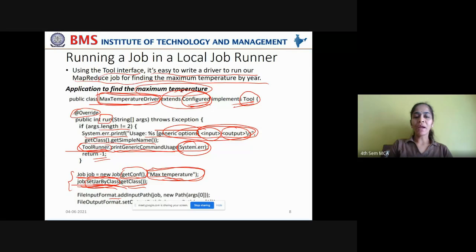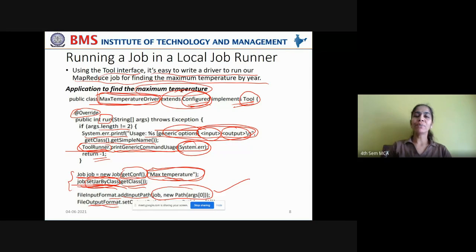File input format: you are adding the input path from which the data has to be read for processing, and you are adding the file output path to set the output path into which the final output data has to be written. That you're mentioning by file output format.